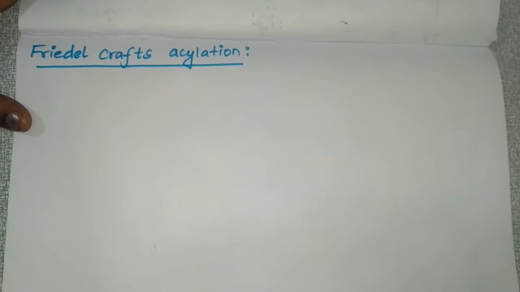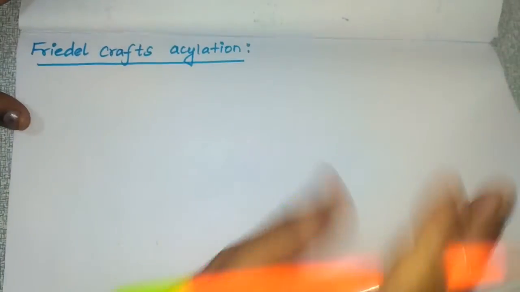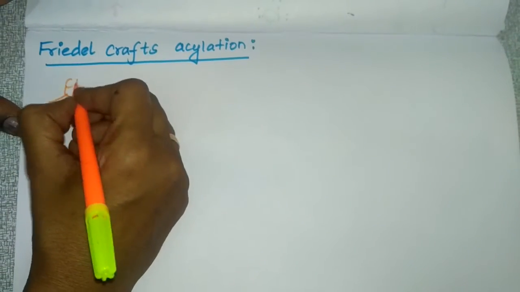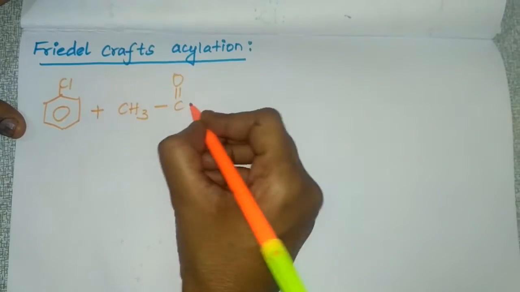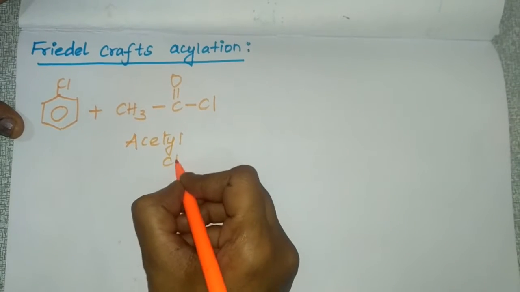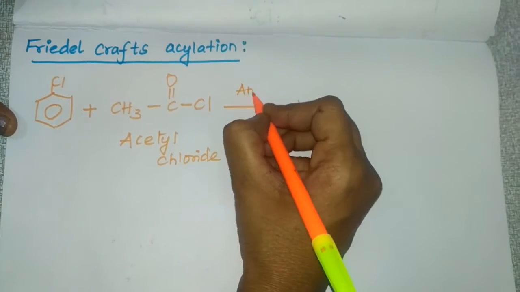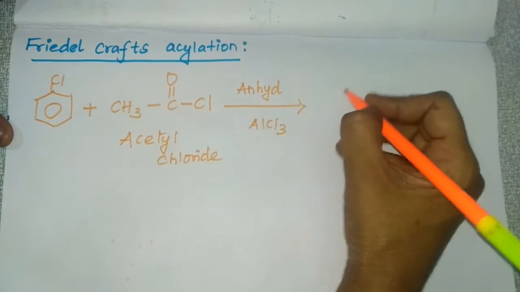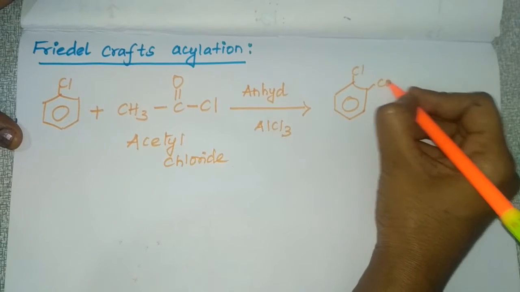So students, next reaction is Friedel-Crafts acylation. In this first, I'll write the reaction of this Friedel-Crafts acylation. Here also you are going to take chlorobenzene and acetyl chloride, and this also in the presence of anhydrous aluminium chloride, and here the product will be your ortho product and para product,